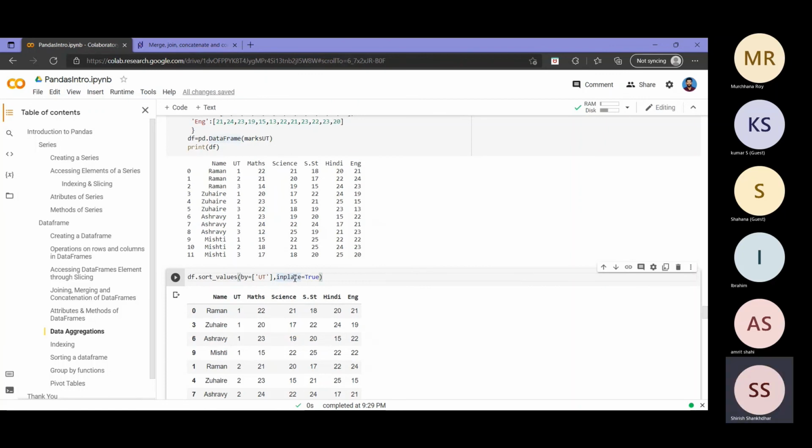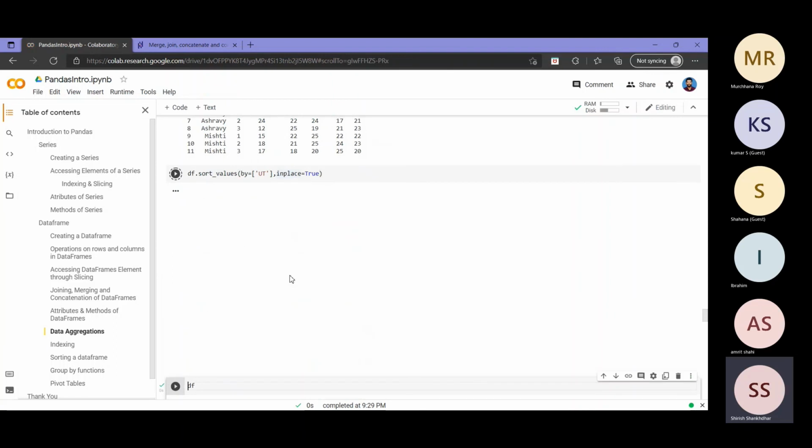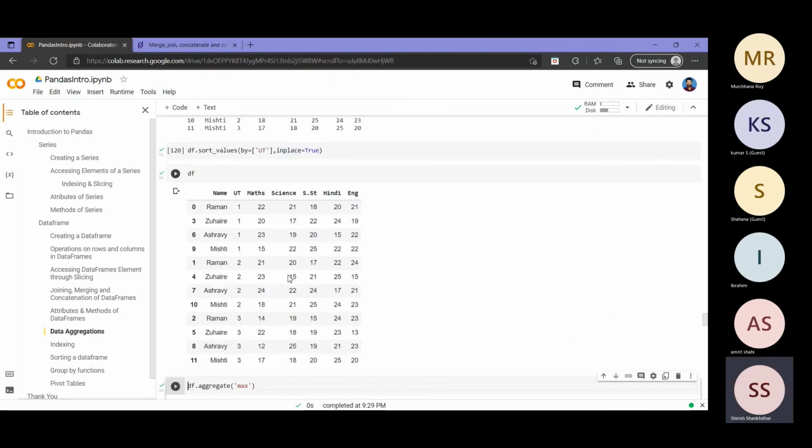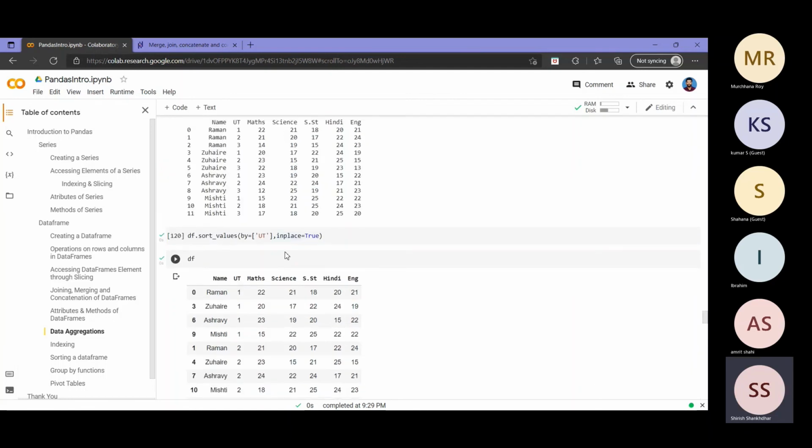But if I put in place equal to true, then in that 100 MB of actual data itself, this change will come. So after that, if I print df, the change will be reflected in the output. That is why it is called in place. You are telling it to make that change in your actual data frame itself.